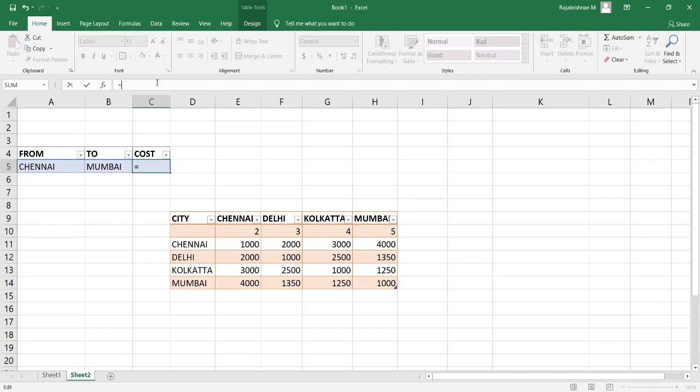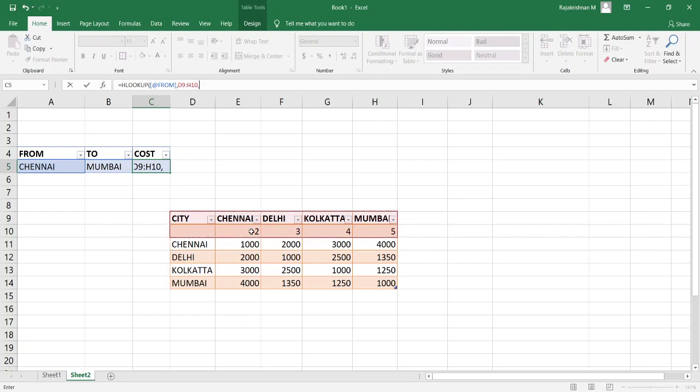First we have to apply HLOOKUP, horizontal lookup. If you type HLOOKUP, the syntax will show up. So we have to click that syntax. If you follow that syntax easily, you will apply the formula and you can have the answer. Lookup value is nothing but this from. After that syntax, if you are seeing very closely, you can see the format of the formula. After lookup value we have to press comma. Table array is nothing but this table. This is the table array that we have chosen.